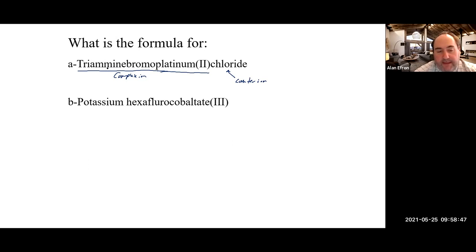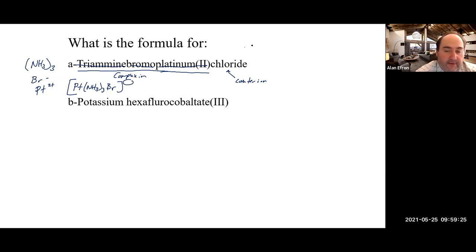So triammine. Ammine is NH3. Tri means there are 3 of them, so that takes care of that part. Bromo is Br minus, and there's just one of those. And platinum(II) is a platinum with a +2 charge. So if we put this together, we end up with Pt(NH3)3Br. So it's important to try to figure out what the charge is on this